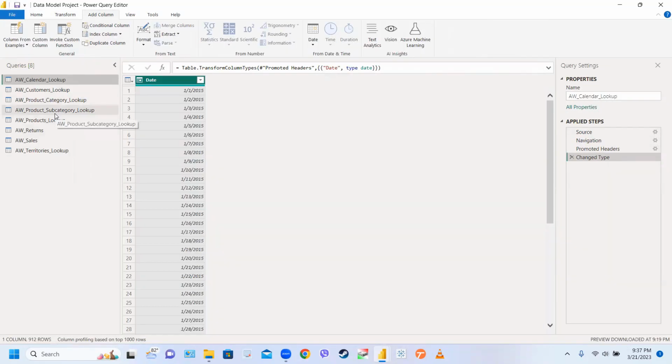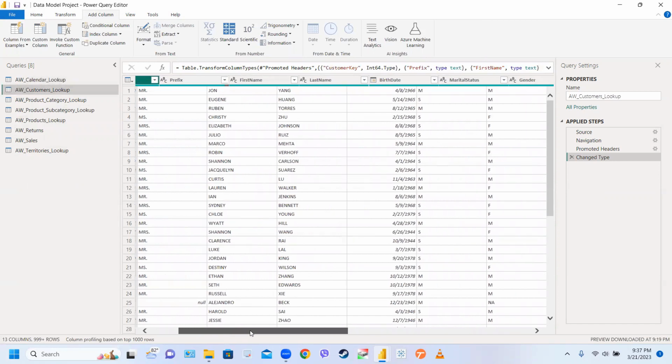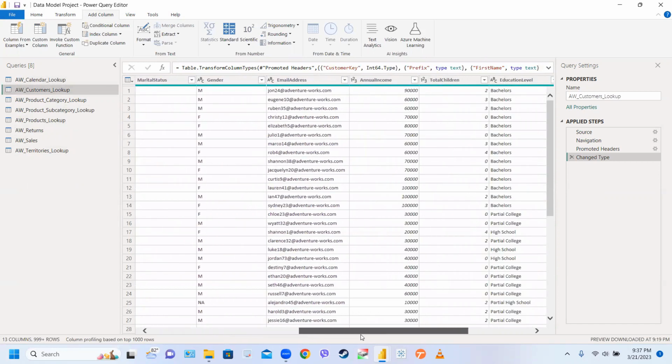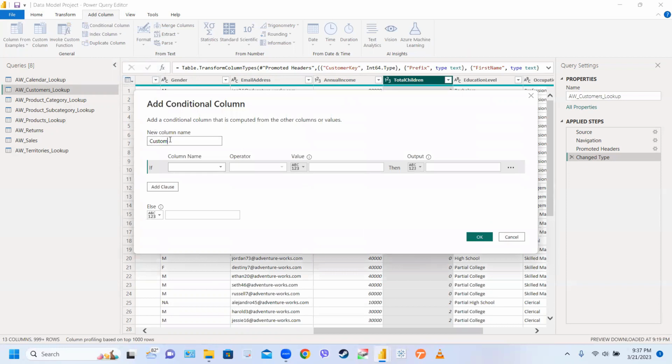And may add a column that will recognize whether the customer is a parent or not. So that's under the total children column, a conditional column. Let us name this Parent. Now for the condition, we are using the total children, it's greater than or equal to the value,